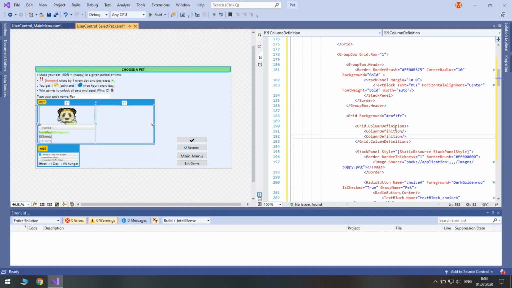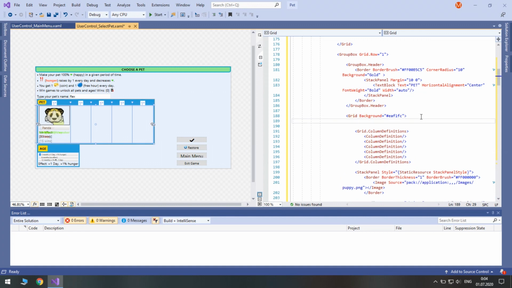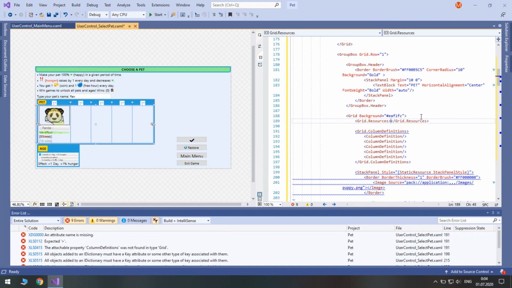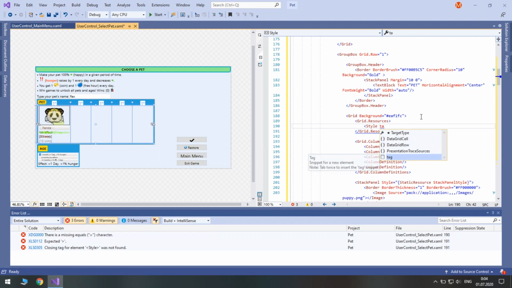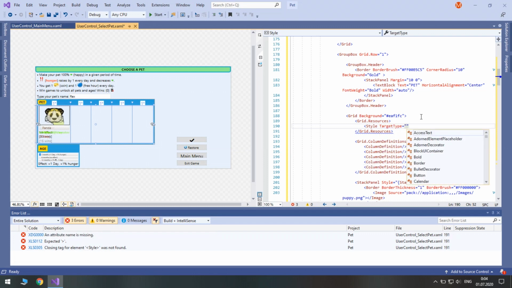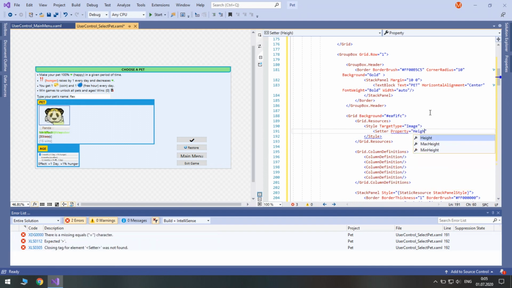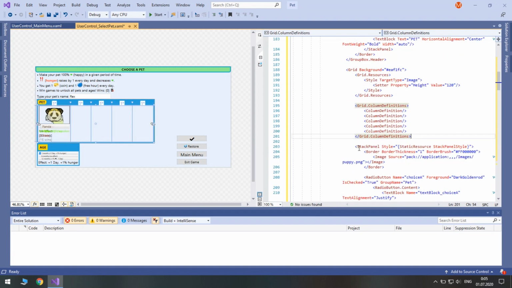All of them should be equal to, so 1, 2, 3, 4, and 5. All the images should be the same, so grid resources. And here we will set a style for images. And we will change the default height to be 120.